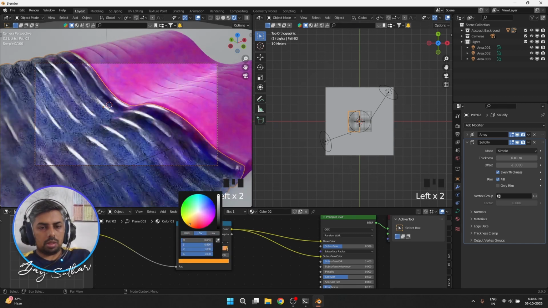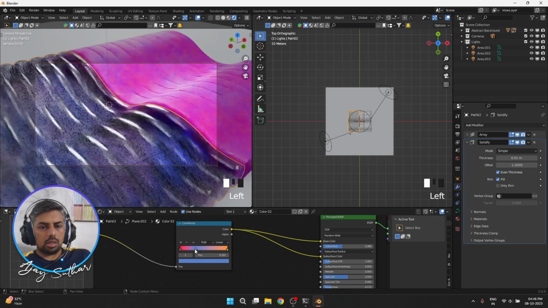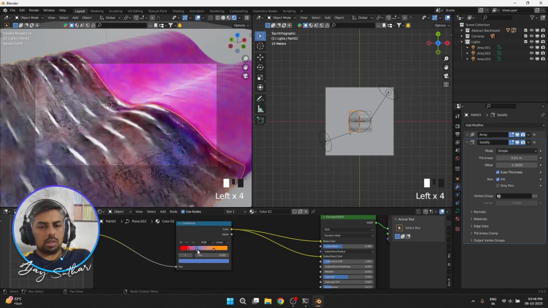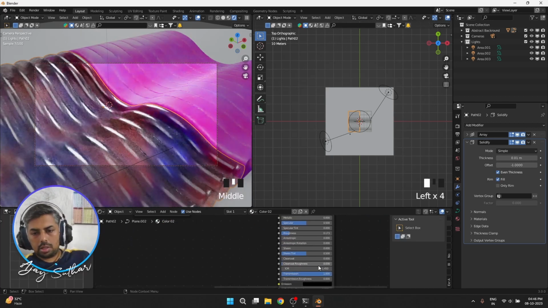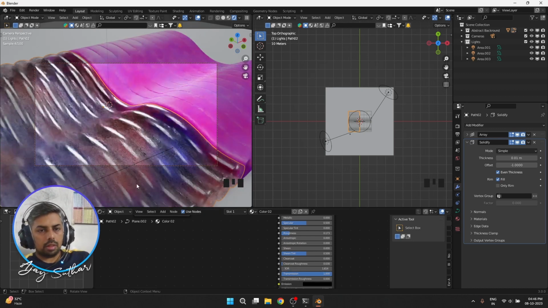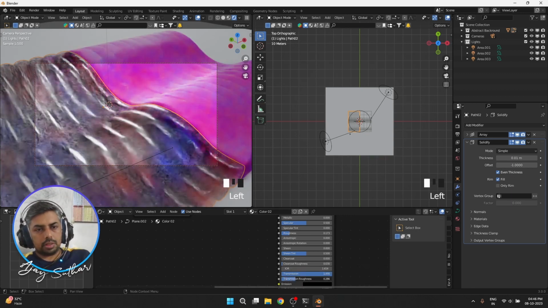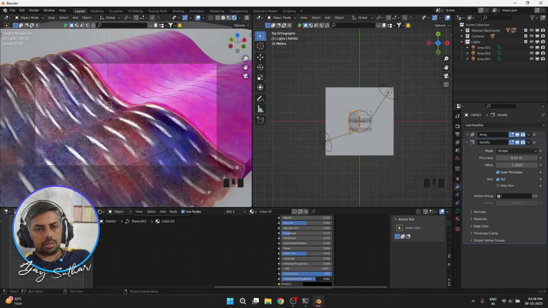This will be orange. Okay, here I can change the IOR to 1.614. It gives me good appearance. Let's have a little roughness in the transparency